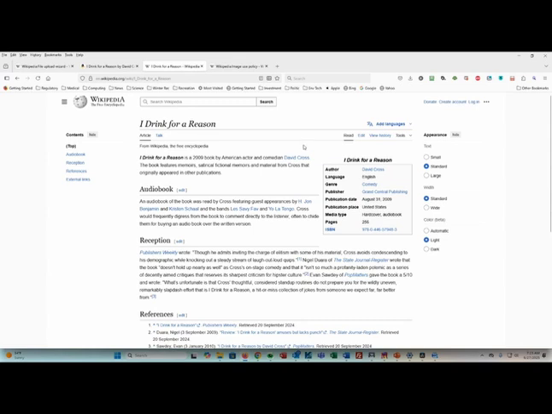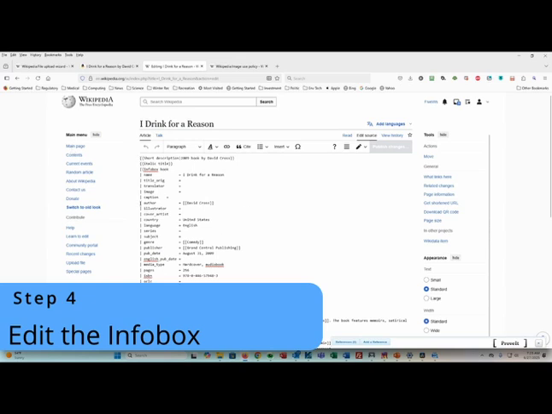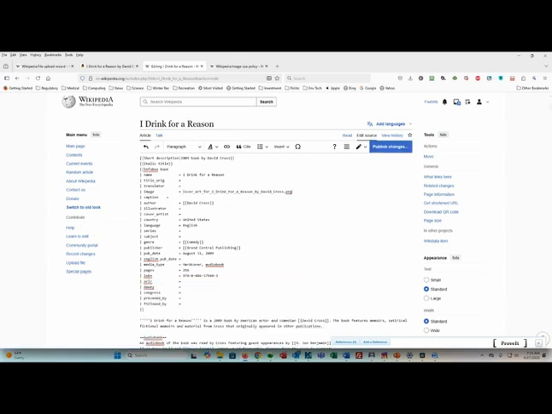Switch back to the Wikipedia article and click Edit. Here we have the Infobox data right up at the top, and you can see the entry for image is blank. That's why there's no image there. We're going to paste that image file there, and that should, with any luck,